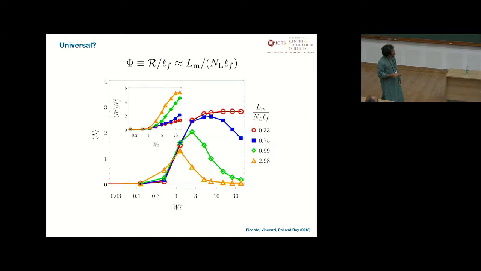When the links are really small, that's these red curves, then you see that it preferentially samples, and as you increase the Weissenberg number, all the way up to 30, it increases and then saturates.